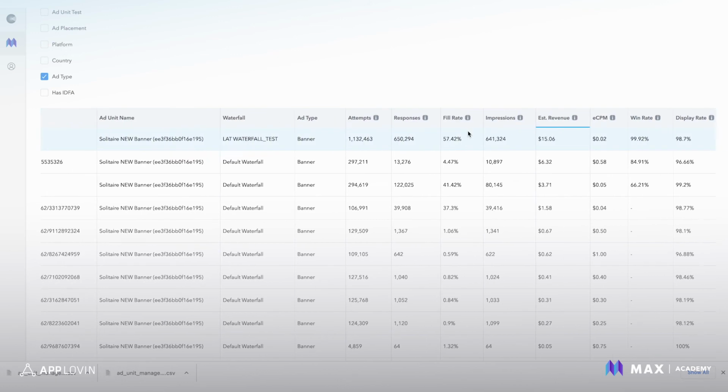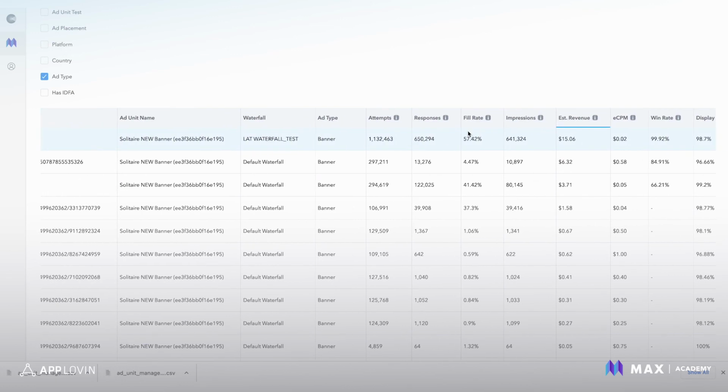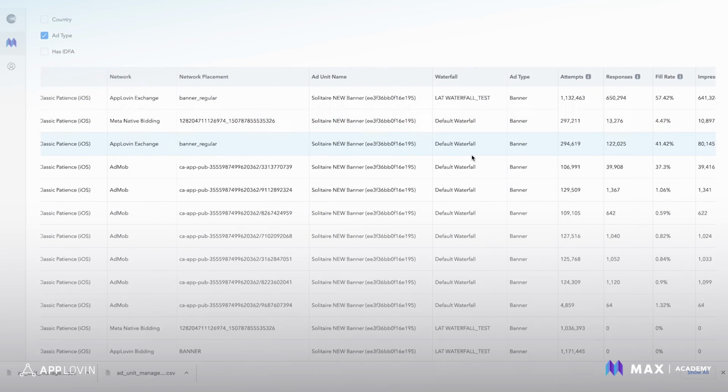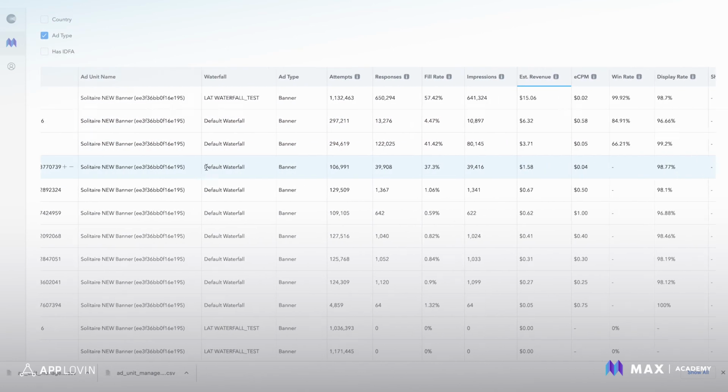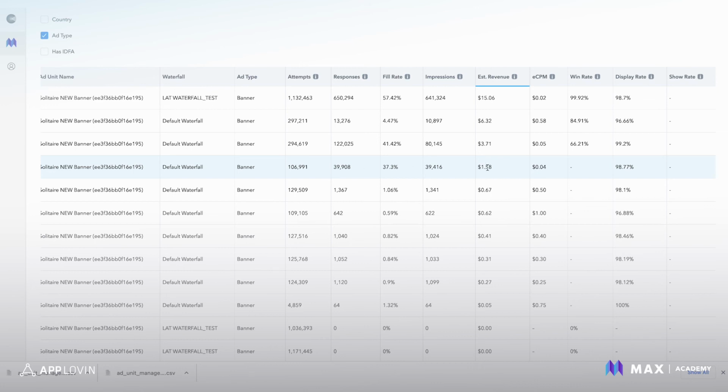The waterfall view is the recommended view to pull in insights about your monetization and identify opportunities to improve yield. This is where you're really going to see, okay, AdMob in this example is doing really well or doing really poorly for X reasons. And then they give you the ammo to go and try to optimize that. Make sure you follow our blogs and our documentation for tips on how to optimize your waterfall.